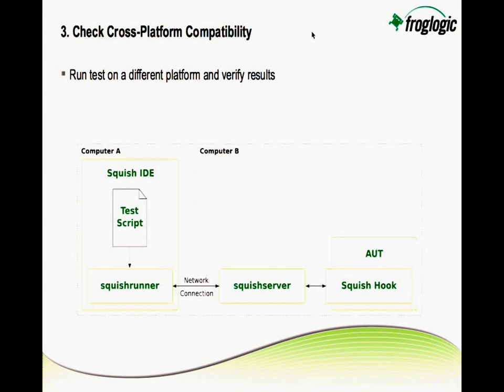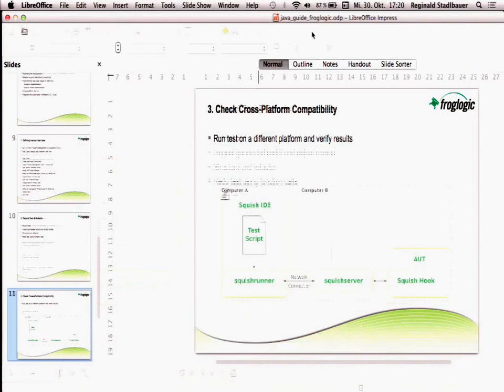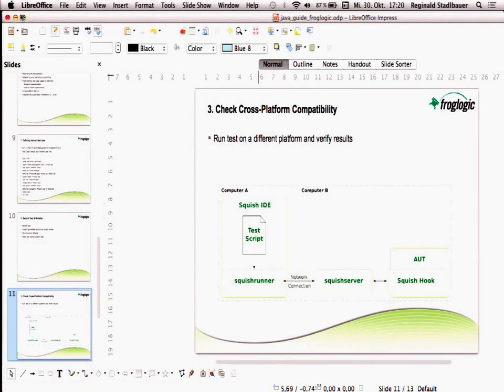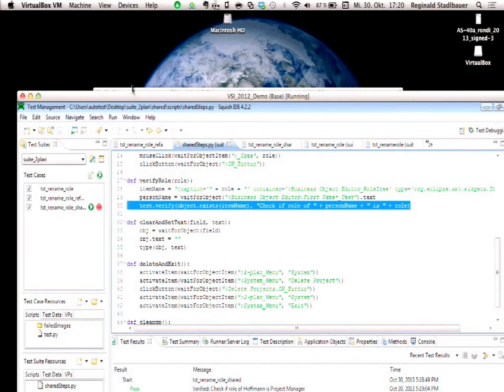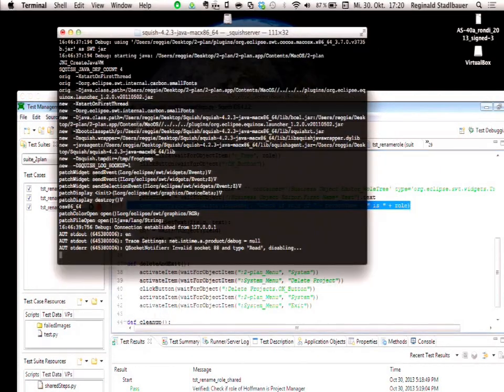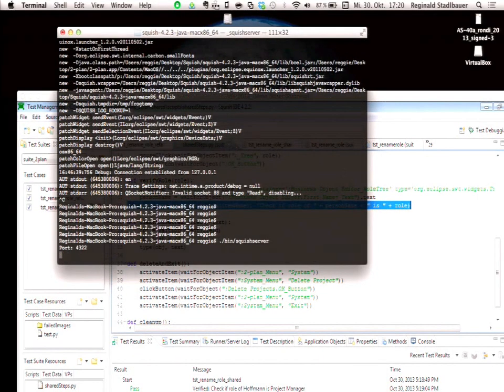Now one possibility would be to just copy over everything to, for example, the Mac, and run it from there. But due to our network transparent testing architecture, it's actually possible to have the test script executed on one machine and connect through an agent, the Squish server, to another machine on which the application under test will be launched and automated. So that's the setup which I will show here, where I will still execute the test on the Windows virtual machine, but the actual application will be run on the Mac. So to do that,